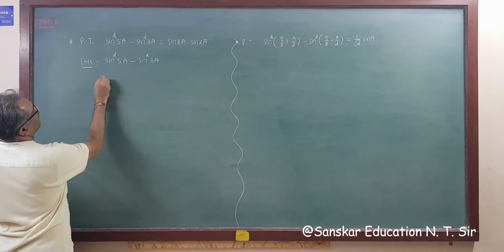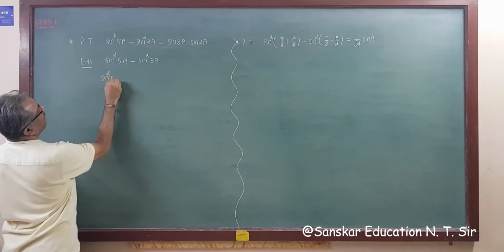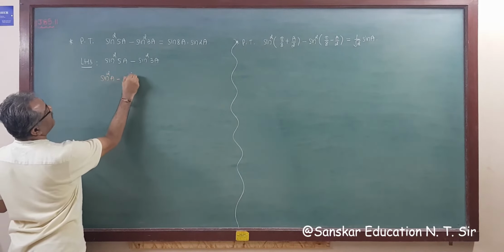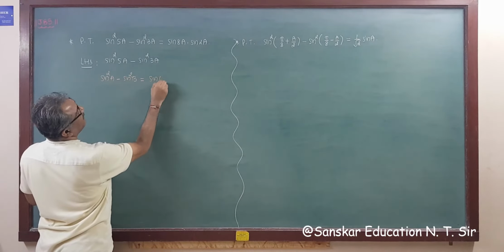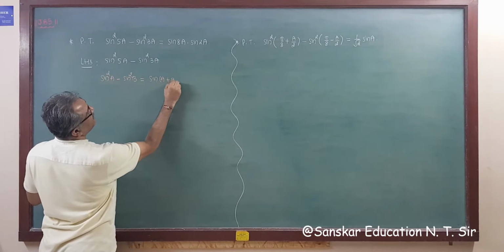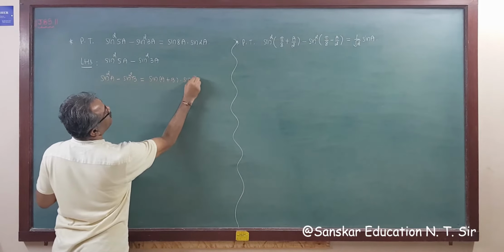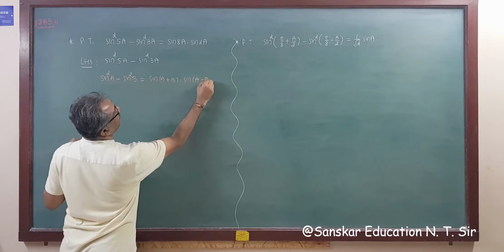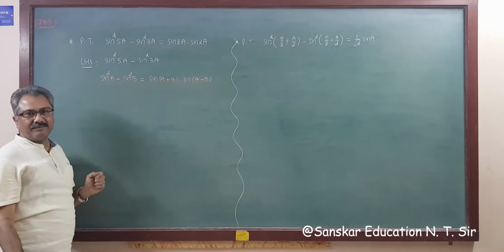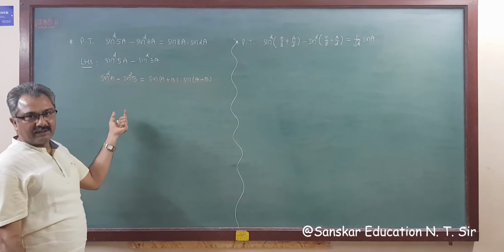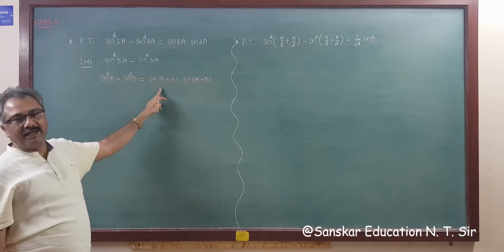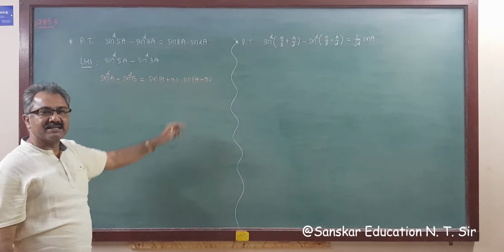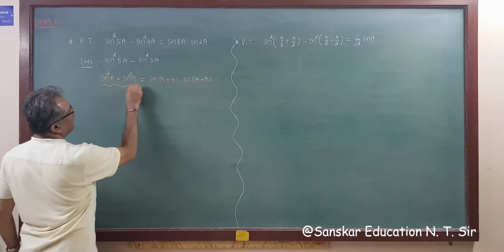So your formula: sin square a minus sin square b is sin(a plus b) into sin(a minus b). This is the formula we learned, right? Sin square a minus sin square b is sin(a plus b) sin(a minus b), right? So applying this formula,